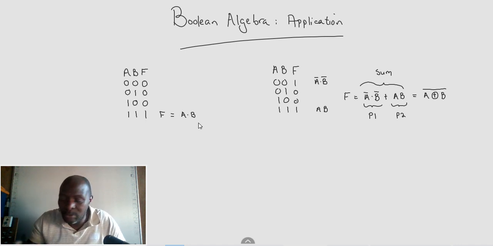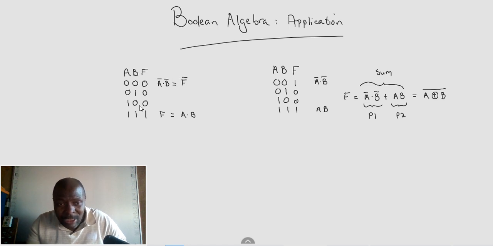Now let's try and look at the alternative. I could argue that I can use the zeros also. Why? Because it means everywhere. If I follow our rule, this is not A combined with node B. If I combine these two, I get not F. So if I invert this, I'm going to get a 1 here. So I can treat the ones: if I invert the ones, I get